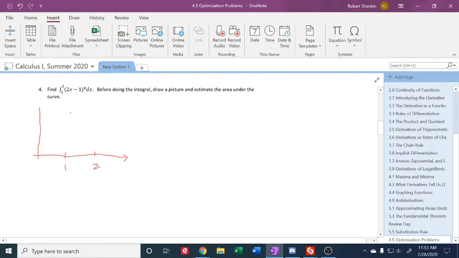Now, when I plug in 1, so x, 2x minus 1 to the fourth, because that's the function. When I plug in 1, I'm going to get 2 minus 1, which is 1, 1 to the fourth is 1. When I plug in 2, I'm going to get 4 minus 1, which is 3. 3 to the fourth, which is 9 times 9, or 81. Alright, so I got to go up to 81,